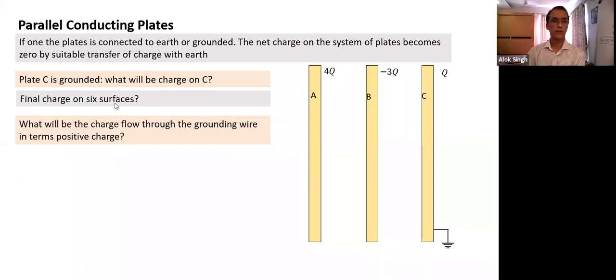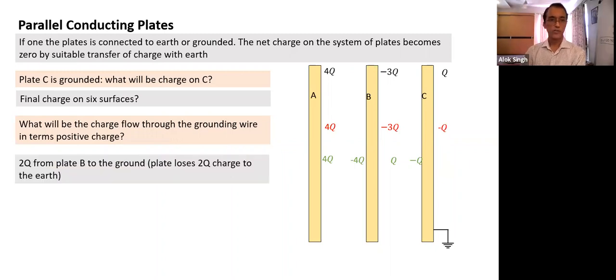So here, first thing we start with, plate C is grounded. The first thing we'll calculate is the charge on C. As somebody said last time, A and B will not change because they are an isolated system. Put together, the charge on A and B is equal to plus Q. Hence, charge on C after grounding should be minus Q. So this will remain 4Q. 3Q also will not change. These two put together have a charge of plus Q. So charge on plate C is equal to minus Q. Once we have this charge, net charge is 0. Outer surfaces will have 0 charge. And we can find out the charge distribution. And this is the charge flow.